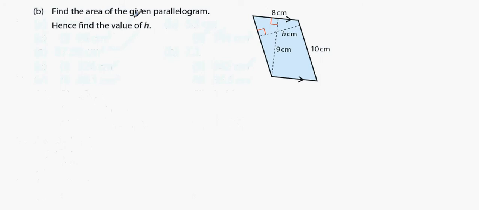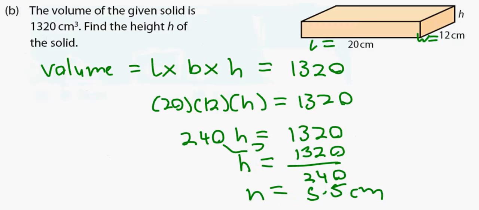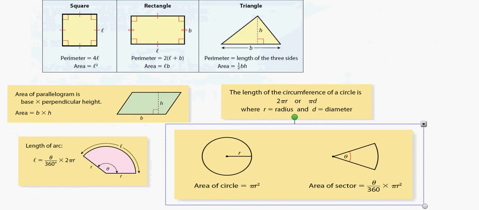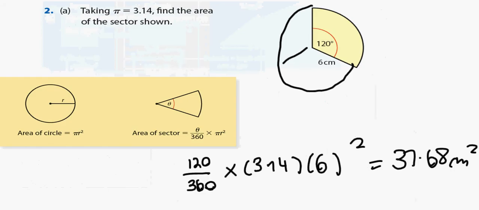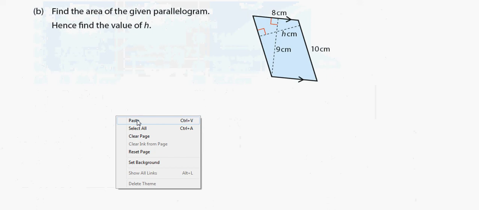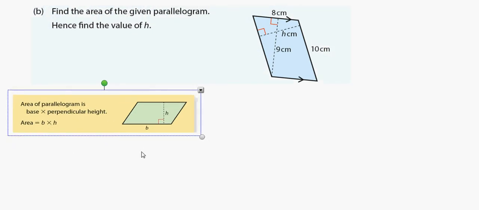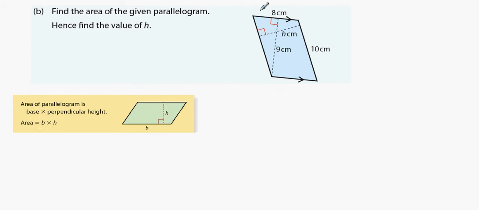Find the area of the given parallelogram, hence find the value of the height h. Okay, so we need to look for the area of parallelogram formula. We're going to go down through our formulas again, looking for the area of a parallelogram, and here it is. So you're just going to use this formula to do this question. Now, base by height. So we have to look for a base and a height. What we know is a base could be 8 and the height could be 9. So we can use base by height for 8 by 9. So 8 by 9 gives us 72